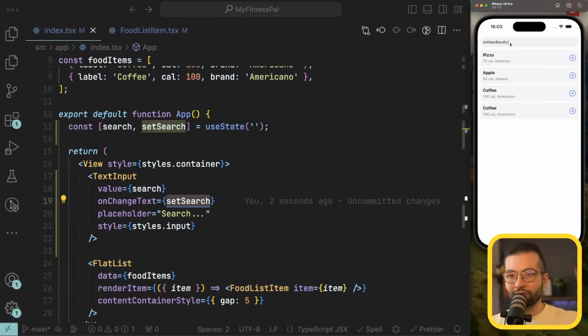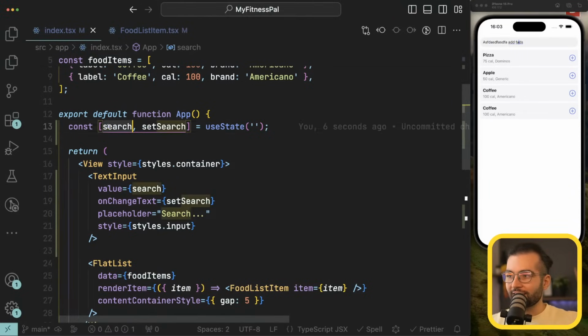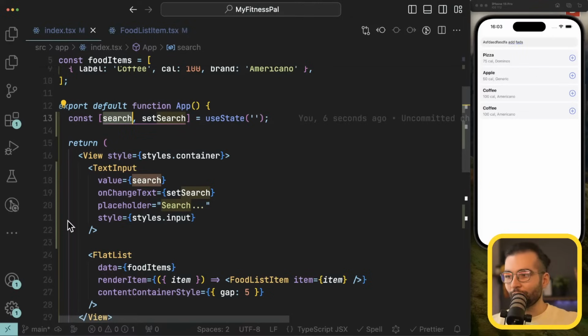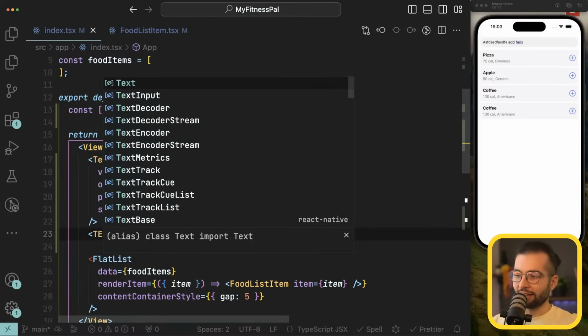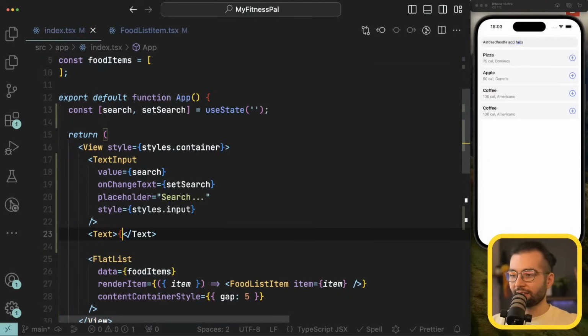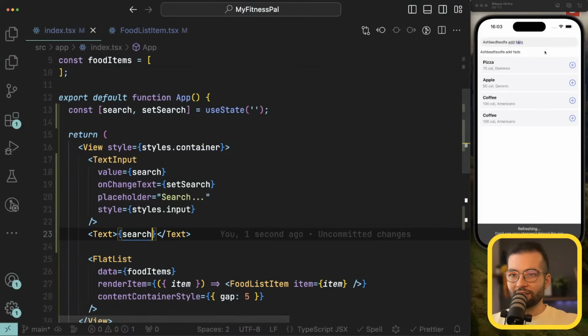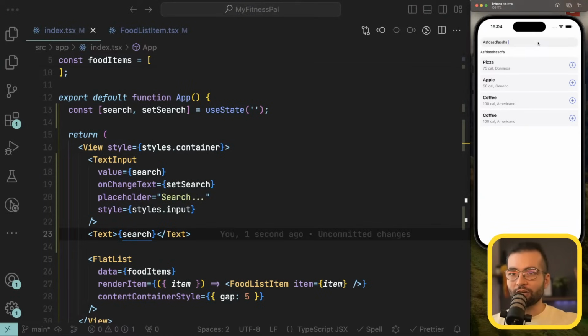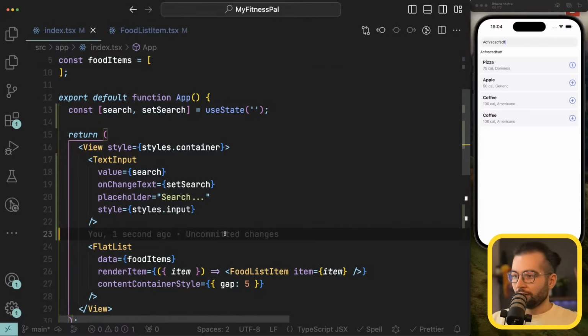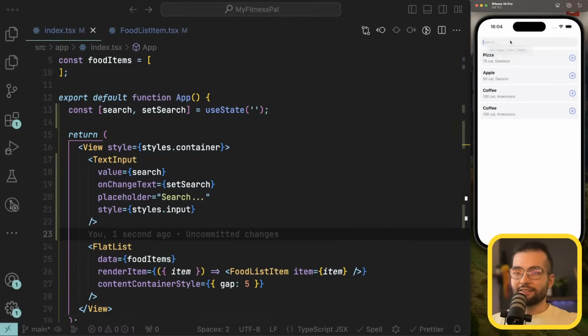And now if I'm going to write something, the search value is going to be automatically updated, and I can prove it by rendering into a text like this. So what we type here automatically updates and we have access to it, just like this. This is going to be crucial for us later, like when we do the searching. How is the actual searching happening